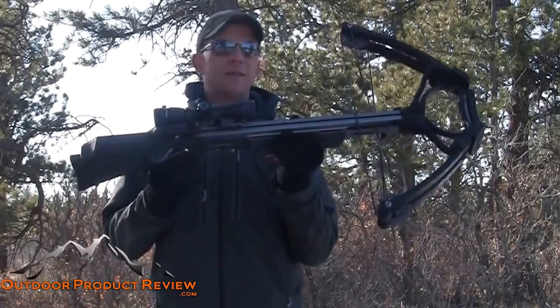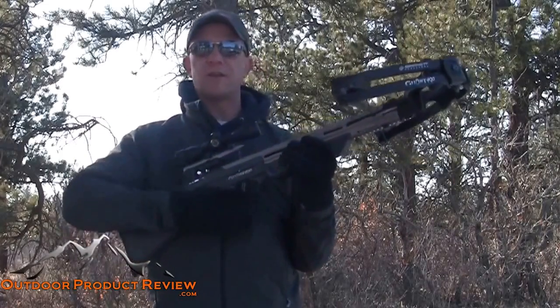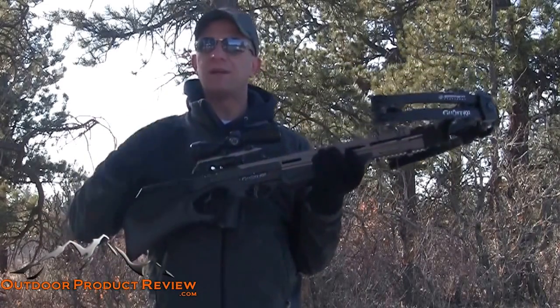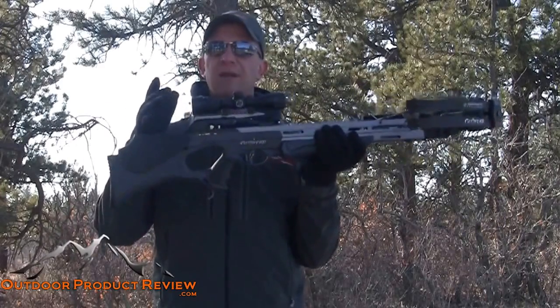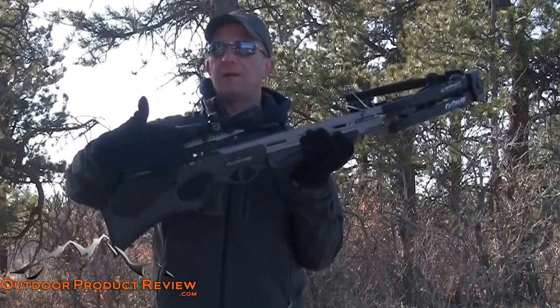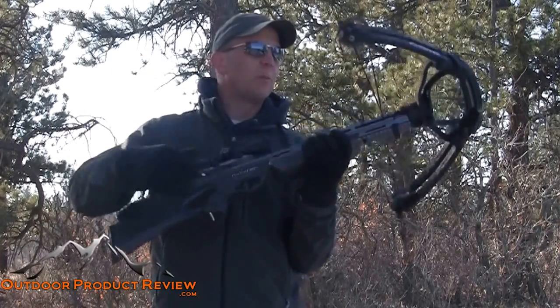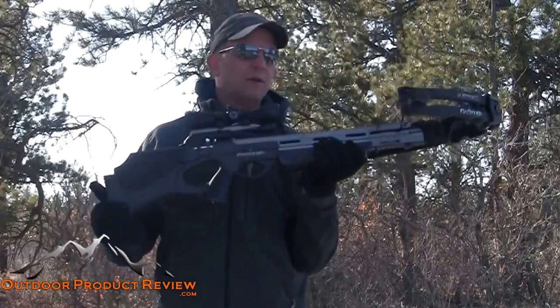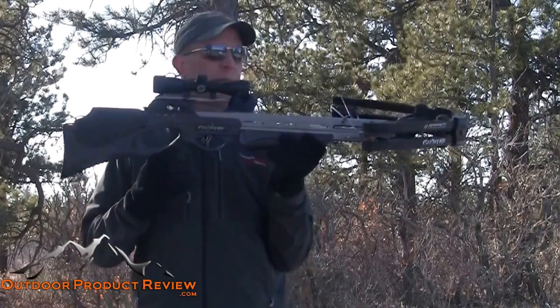The looks of this crossbow is just phenomenal. I love the way it looks. I love the underslung rail. You could put accessories on there that you could buy at a rifle shop. Basically, if you guys don't understand what an underslung rail is, it's the same type of rail that you have where your scope attaches up here at the top. And you can put scope mounts on the bottom and everything. So pretty cool. By far the best crossbow I think I've seen